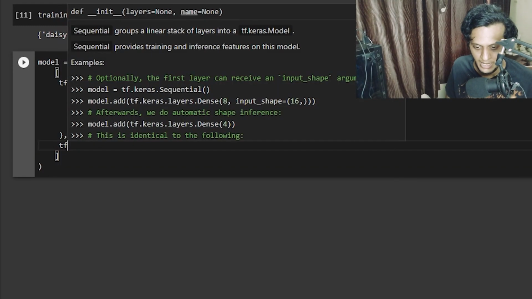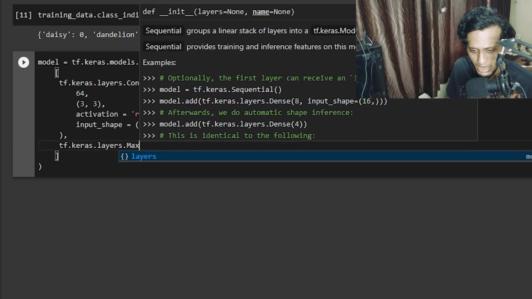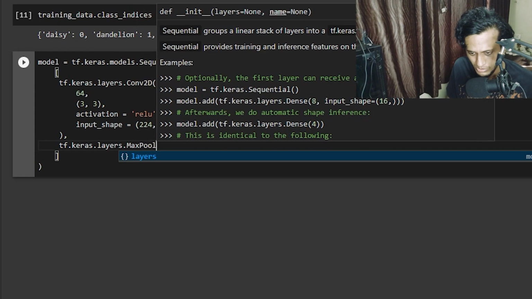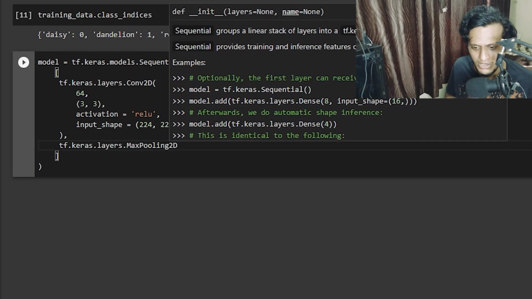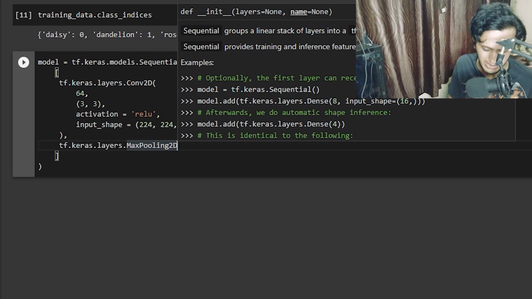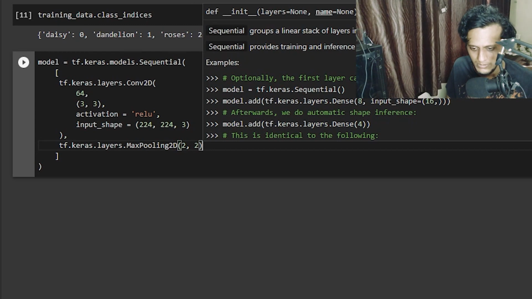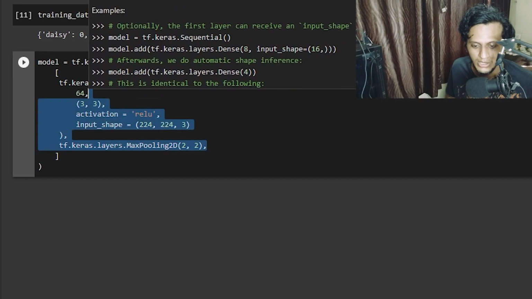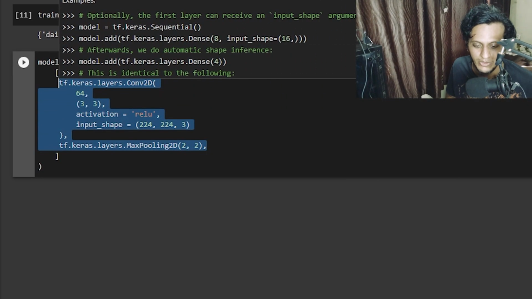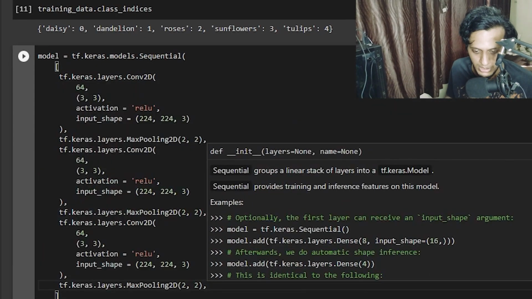Next step is the max pool layer. So tf.keras.layers.MaxPool2D. I think it is max pooling, not max pool. I don't really know the difference between these, but if something goes wrong, I'll just study and let you know in the next tutorial. Now this is my first layer. Similarly, I'll have to make 3 layers. So I'm just going to do some smart work: I'm just going to copy so that I don't have to type a lot of code once again, and we can save some time. So, twice.